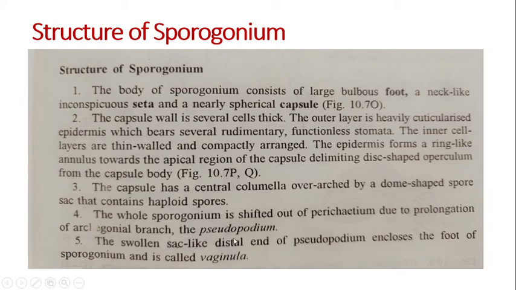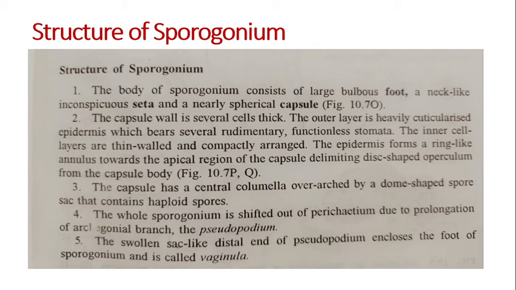Now you have to understand this fourth point. What is pseudopodium? Podium means actually foot, but in this case the foot is known as pseudopodium. Why? Because when the whole sporogonium becomes a little mature, the archegonia are surrounded by pericytial leaves, I told you, but after the formation of this sporogonium, when it matures, the archegonial branch prolongs, the elongation of the archegonial branch takes place, and due to the elongation of this archegonium, this sporogonium comes out of these pericytial leaves, which I told you initially, that some leaves will cover the sporogonium.